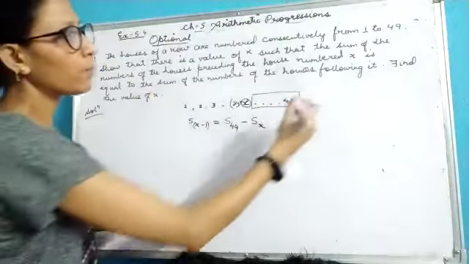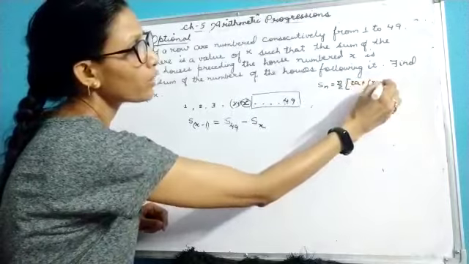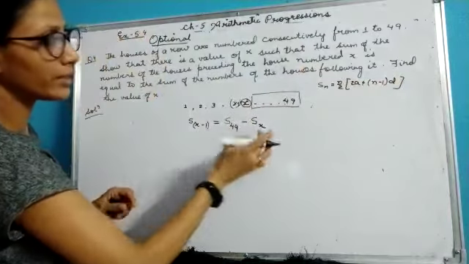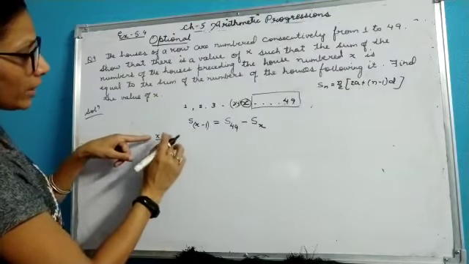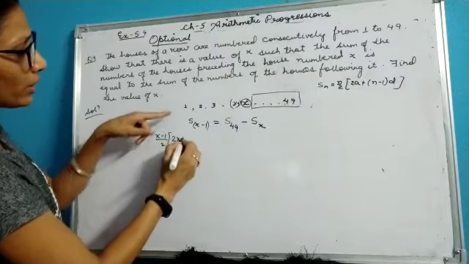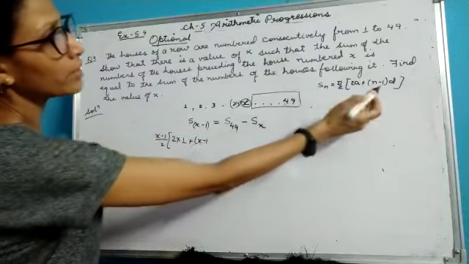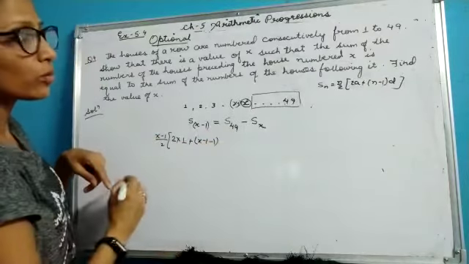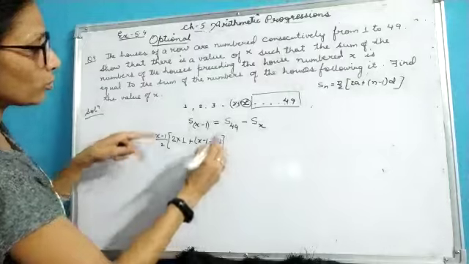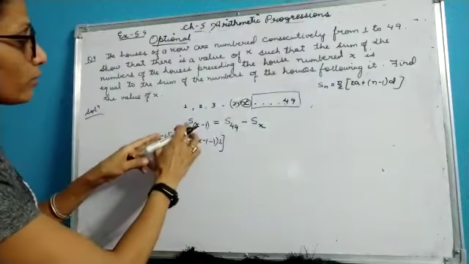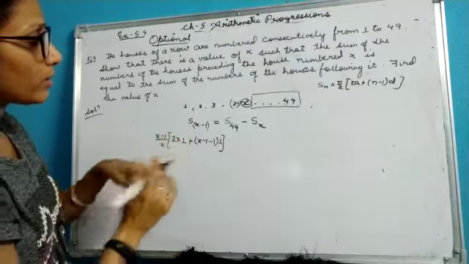Now I'll simply apply my formula Sn equals n by 2 times 2a plus n minus 1 times d, everywhere, here, here and here also. So here n is x minus 1. So I'll be writing x minus 1 by 2, 2a. What is your a? a is 1, plus n minus 1. What is your n? x minus 1. And this minus 1 is here. So I'll again write 1 into d. What is d? 2 minus 1 is 1 again. So this is the expansion of the sum of x minus 1 terms.